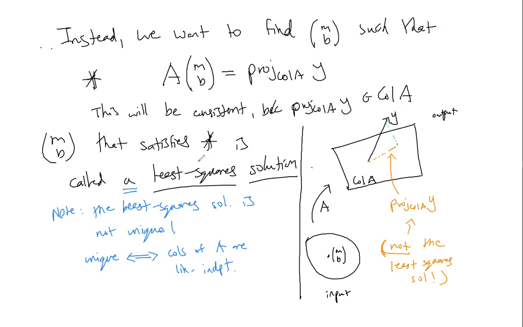Okay, so this is exactly how you find least squares solutions. One way to do it is you have y given and A given. So you can project onto the column space of A, we know how to do that, and then you can solve this linear system. But that takes a couple steps, right? Because to project onto the column space of A,